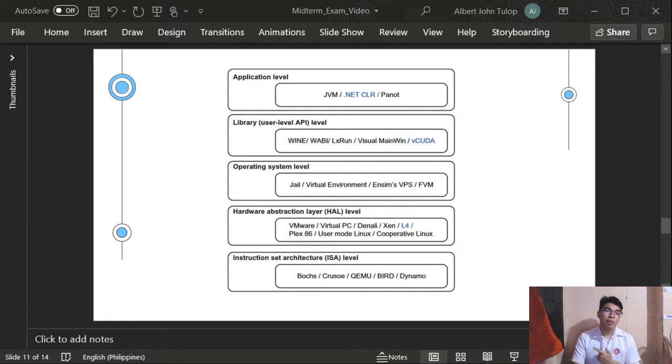Second one, library support level. API hooks make the library interfacing virtualization possible. What they do is that the API controls the communication link from the system to the applications. Most of the APIs provided by systems are rather well documented. Hence, library level virtualization is preferred in such scenarios.